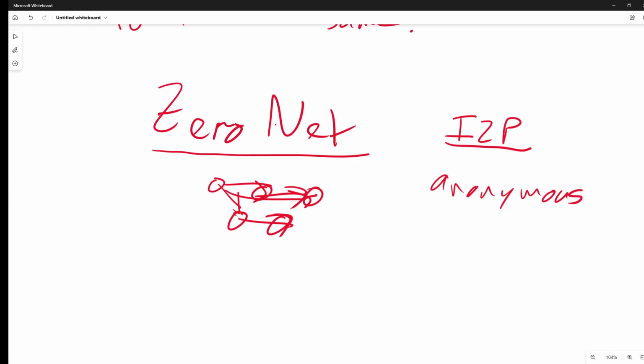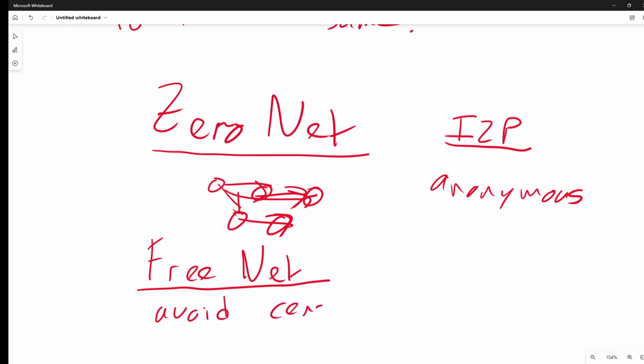And I forgot to mention that you've also got Freenet. Freenet is very similar to ZeroNet in that its sole objective is to avoid censorship. Okay? Avoid those stuck in the mud, boring old people that apparently know what we want and they are trying to censor. And quite necessarily sometimes. But enough of my politics.